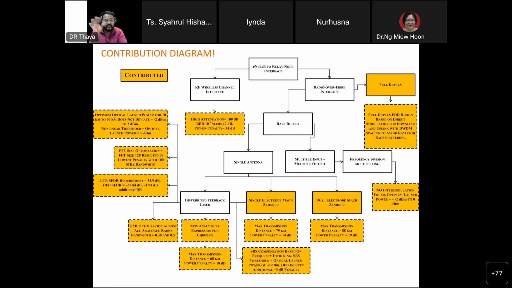Okay, this particular diagram, this one you're seeing at my top right here, that is the diagram we want to achieve. But whether you want to put it in a diagram, in paragraphing, or write it as an essay, it's totally up to you. This is what we call contributions. Contributions can only be achieved with having a problem. And you can only know a problem if you do a literature review, okay?